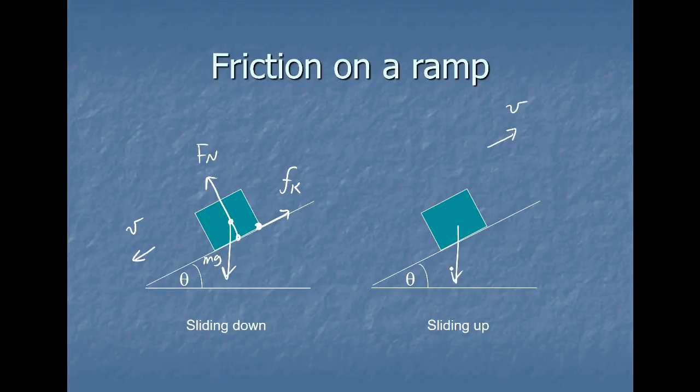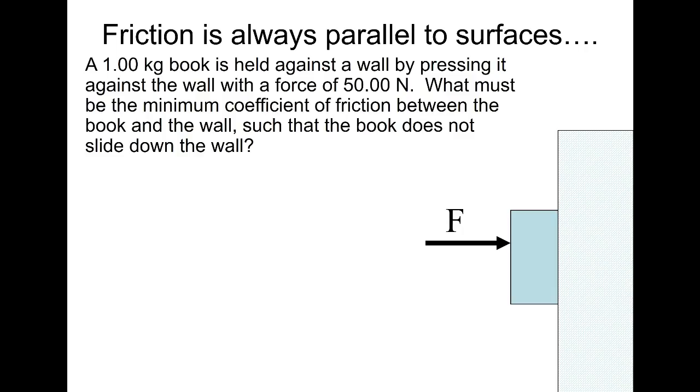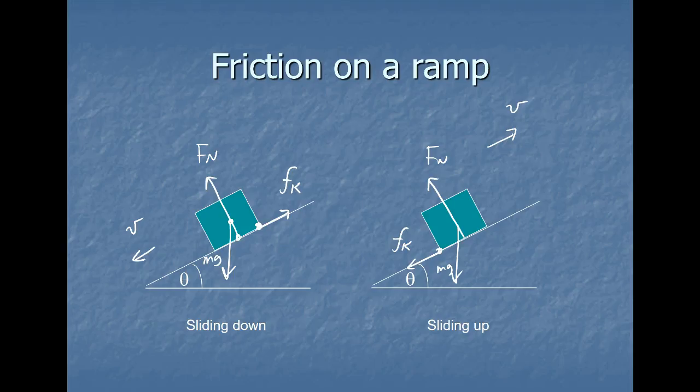So again, we have gravity, we have normal force, and if it's sliding up the ramp, then friction will typically be pointing down the ramp. And this is kinetic friction in both cases. Now, another thing to point out is that friction is parallel to surfaces, which is what we're kind of showing